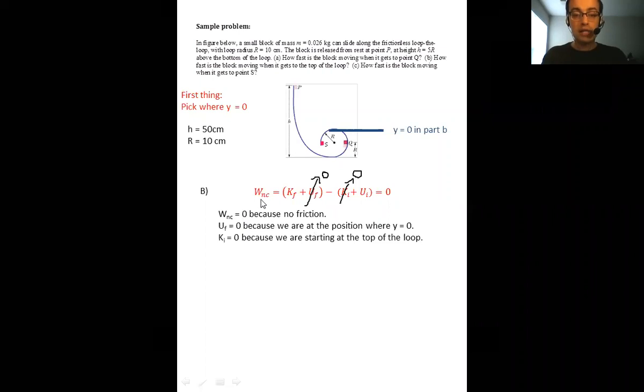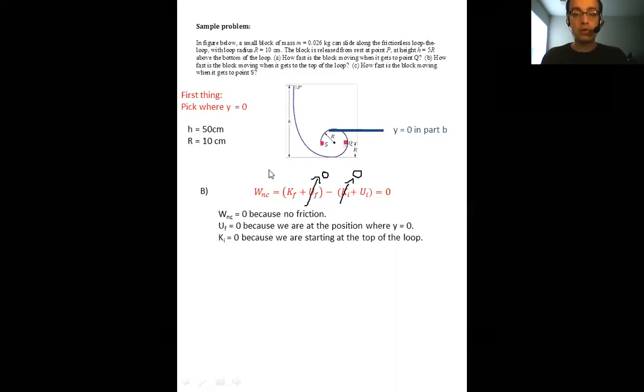We know that the work done by non-conservative forces is 0 because there is no friction and there are no other forces that are relevant. Once again, the normal force is going to be perpendicular to displacement, which means that we don't care about the normal force in terms of doing work. We know that the final potential energy equals 0 because we're at a position where y equals 0, because that's how we defined it. And the initial kinetic energy is equal to 0 because we are starting at the top